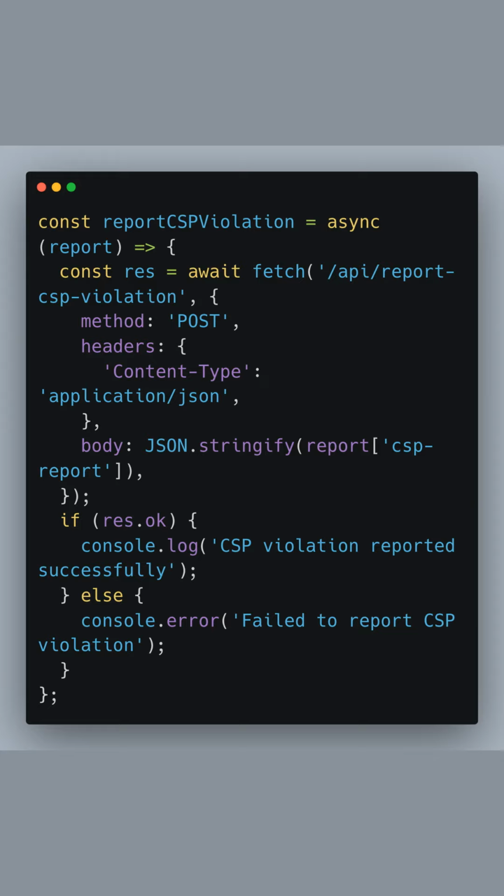Starting with a JavaScript function named reportCSPViolation. It's designed to process and forward content security policy, or CSP, violations. When a violation occurs, the browser will execute this function, packaging the details into a JSON object. This object is then sent as a POST request to an API endpoint within our application, specifically /api/report-csp-